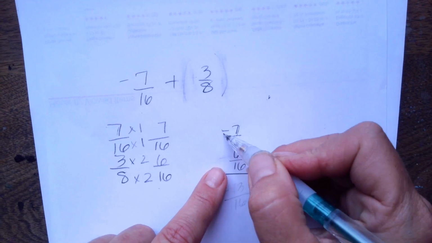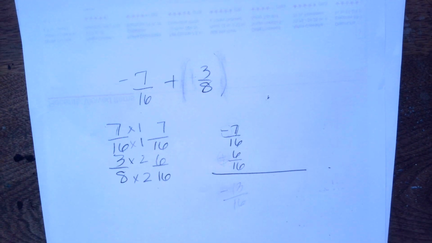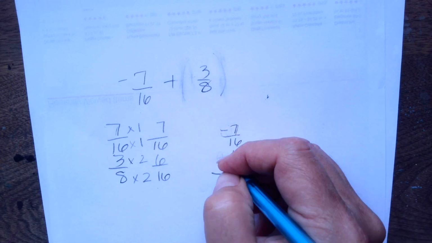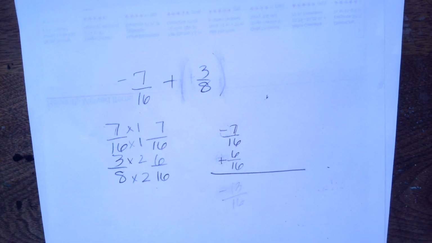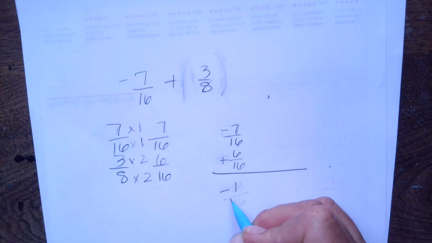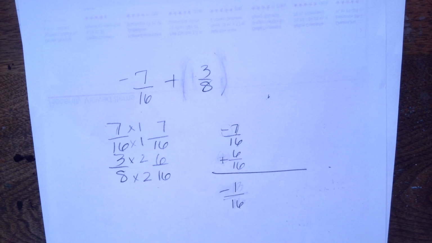And then we would have a positive and a negative, so we would subtract our numerators. So 7 minus 6 is 1 over 16, and we know that the answer is negative. So that's just a quick review